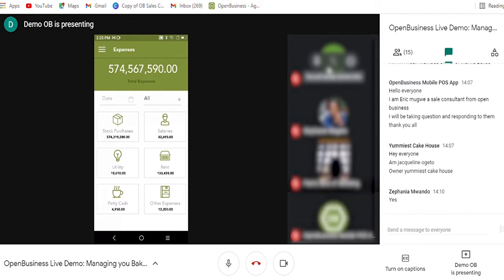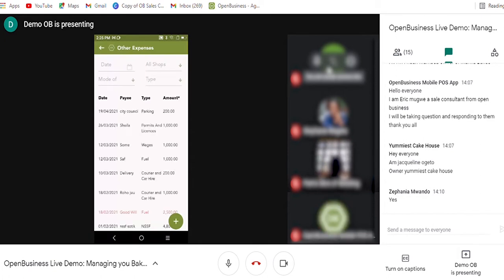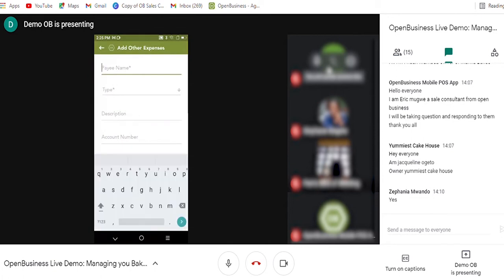So for example, I will go under other expenses, and you can be able to add and see the expenses that you've been able to pay out on this end. So the ones that you see in red when you're using the system, those you're yet to pay out. But the ones that are in black, it means the accounts have been settled and money has moved from the business to pay or even to settle such bills. And so you can always add any expense that comes in by clicking the plus button that you can see,